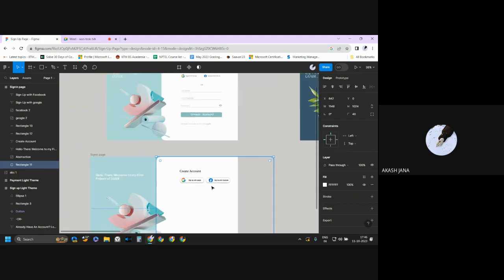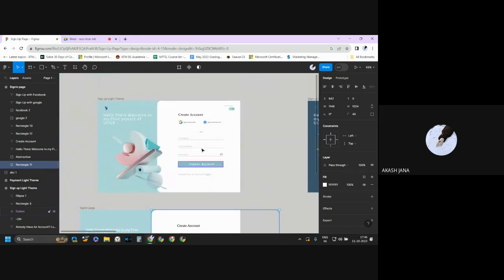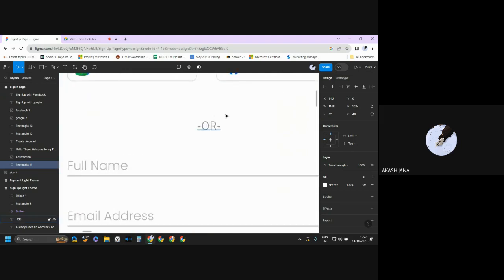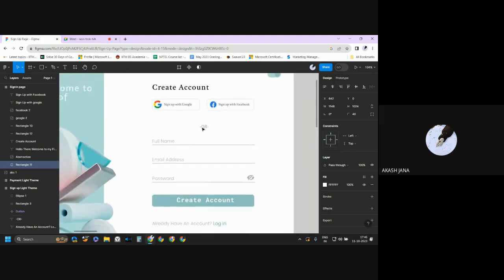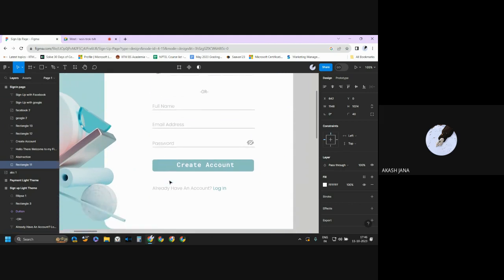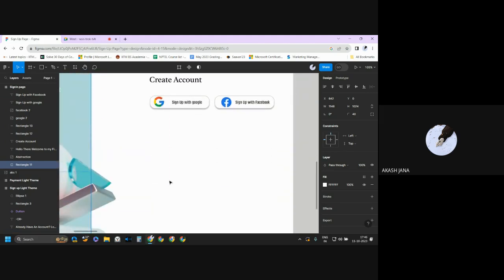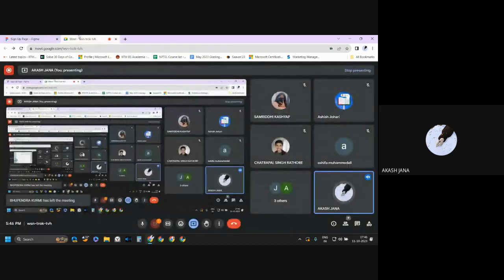Now what you can do is, now we are going to add this part, this "or" kind of thing, and then we will make the main part: full name, email address, password and all. So again, wait, just